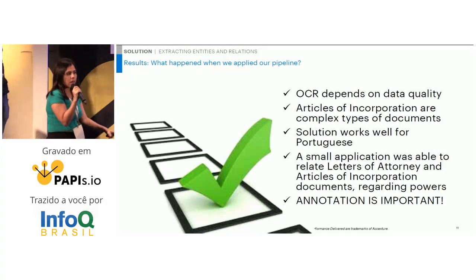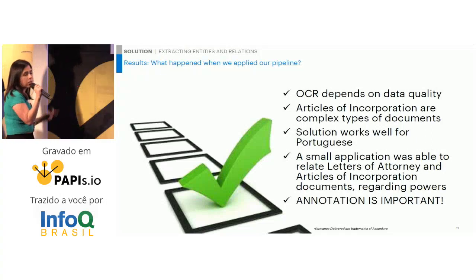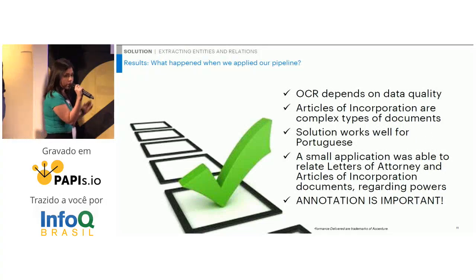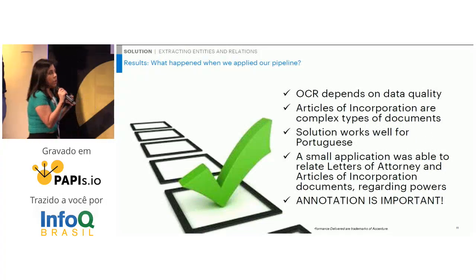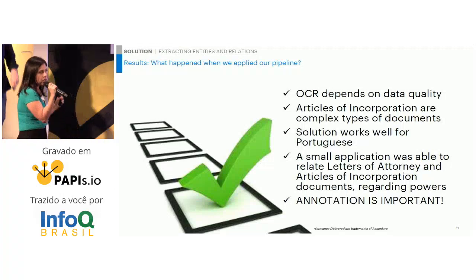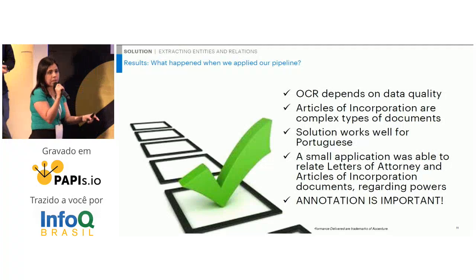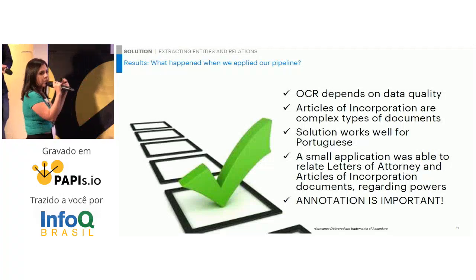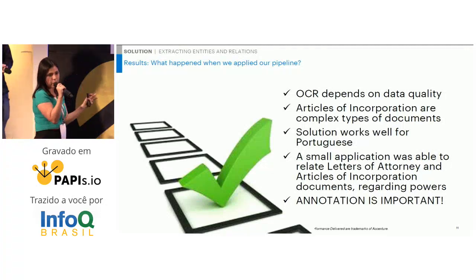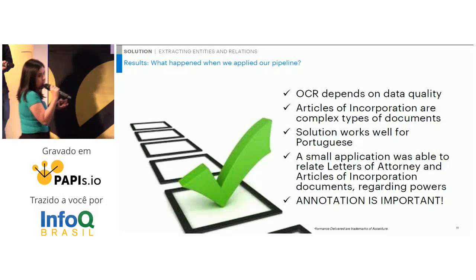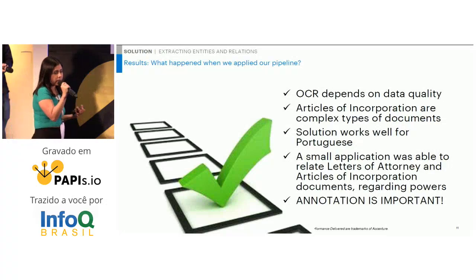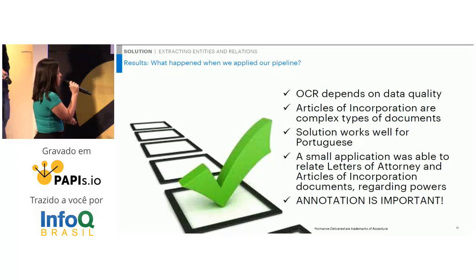In this case, once you have the company for the letter of attorney, you have to make sure that the person who is given power to another in that document is the same one that has this power in the article of incorporation, because that's a company. You have rules. You can't just do something that you want. You have to make sure of that. So our tasks can solve this problem.